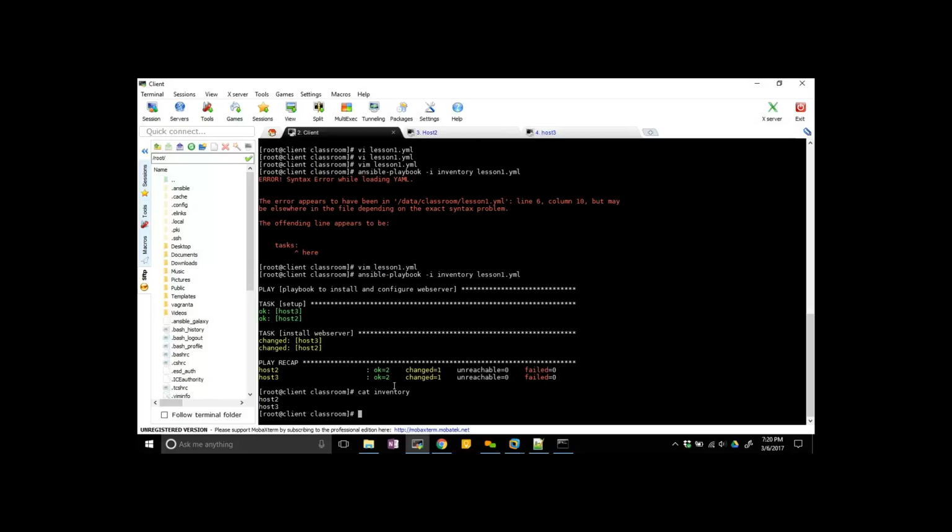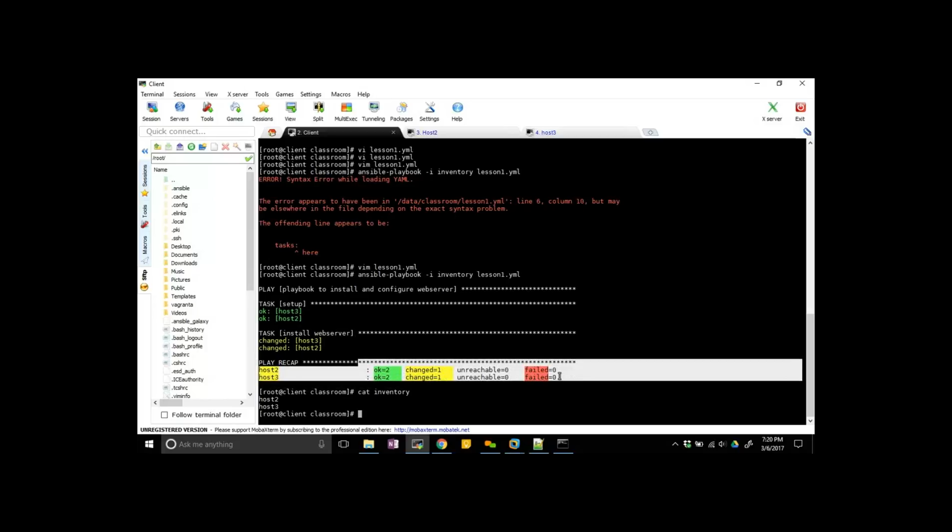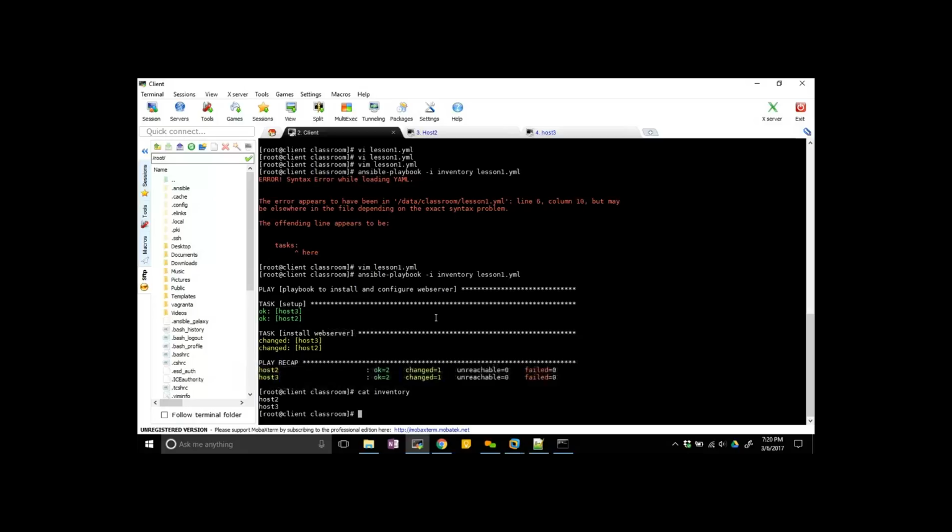Now if you see here, these are the four options. Whenever there is a failure, it will say that one of them failed, whether because the Yum repository is not reachable or some other reason, and here it will say okay one. And if you run the same script again,